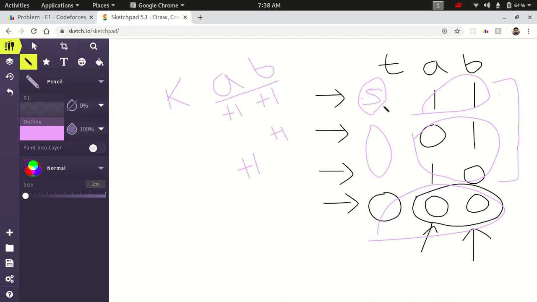So for that purpose we need some sort of data structure that can give us the minimum of the values at each point. I have used a priority queue for that, and I have converted the books of type 2 and type 3 into a book of type 1 beforehand. How? I have chosen a pair with the minimum value from type 2 and the minimum value from type 3, so their sum will be the minimum among all the pairs in type 2 and type 3.